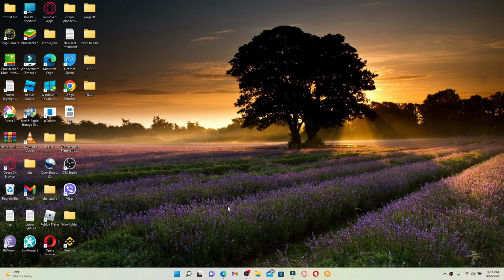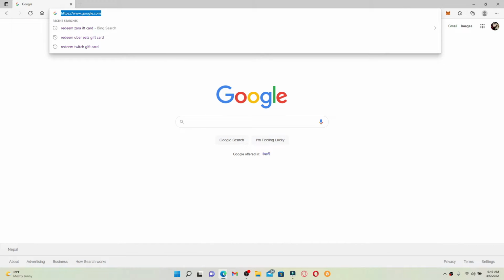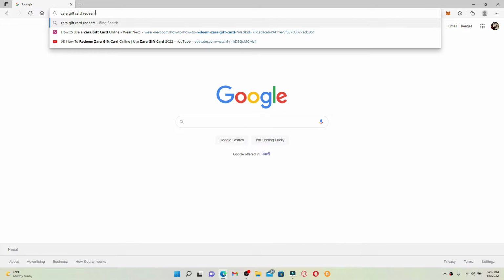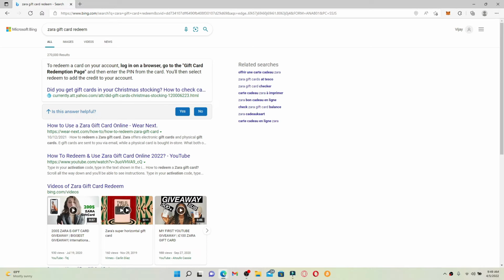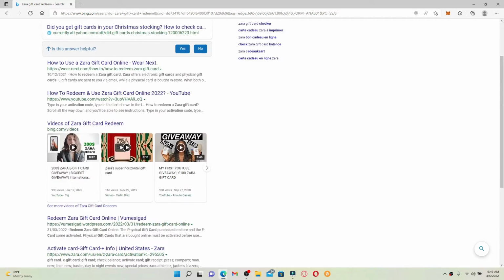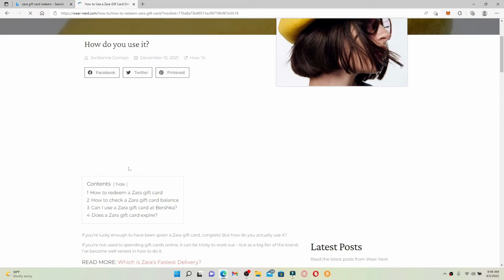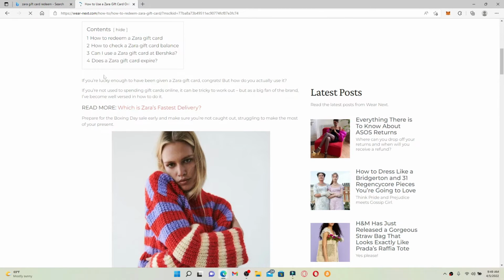Open up a web browser of your choice. In the URL box at the top of the screen, type in Zara gift card redeem and press enter. You'll end up on this next page where you can see several search results displayed. Go and click on "How to use a Zara gift card online", and this will take you to a page where you'll find all of the information regarding how you can easily redeem your gift